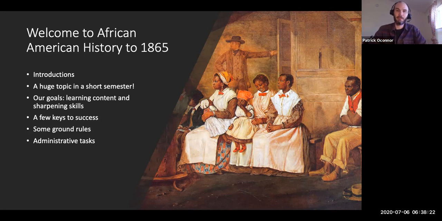And slavery looks different in all of these places. It looks different because there are different social and economic and historical circumstances shaping it. None of this is to say there aren't continuities, right? There are continuities between the enslavement of Africans in, say, 1660 in Maryland and the enslavement of African Americans in, say, 1860 in Louisiana. But there are vast differences as well. And so we're going to try to balance our sense of continuity and change, which is one of the real challenges that historians always have to face.